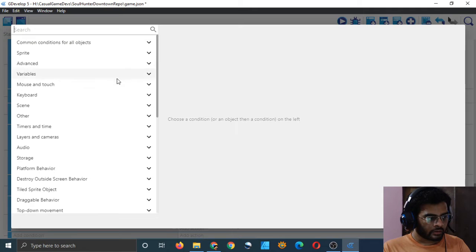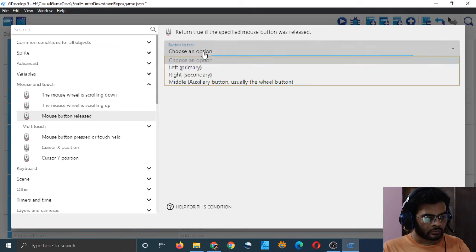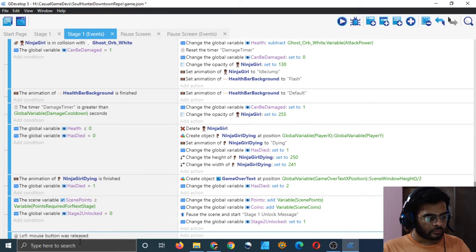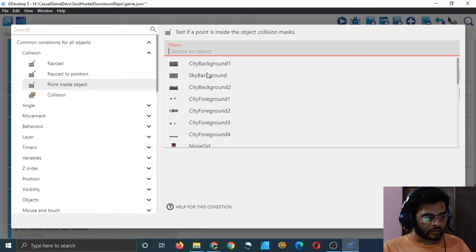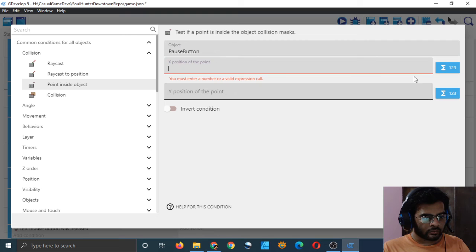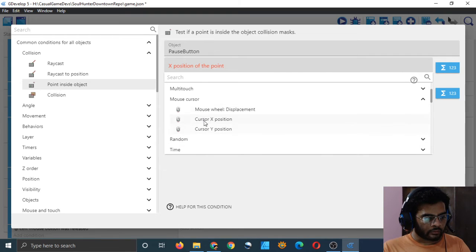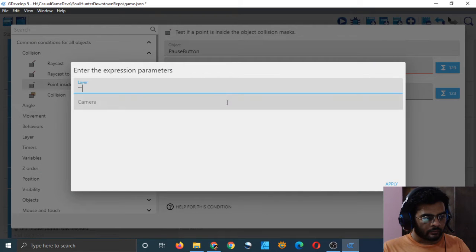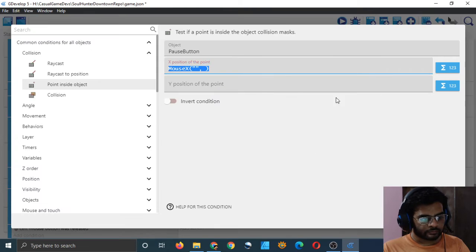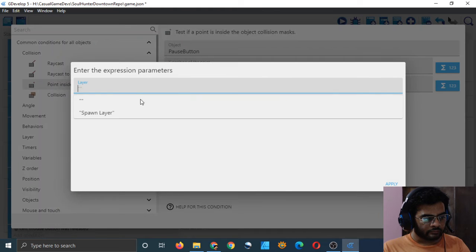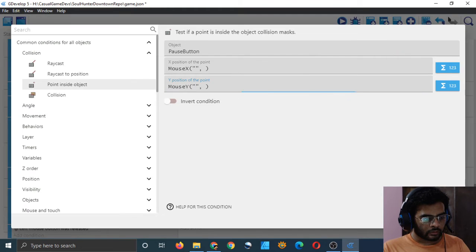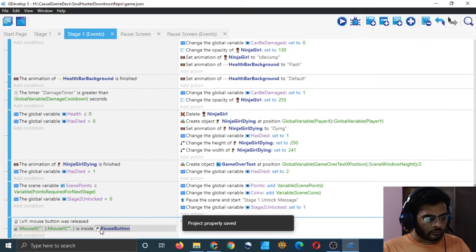Add condition, again mouse cursor, left button, and add condition if it was inside the object, which object, pause button, and the mouse cursor X position. Default layer, oh no, spawn layer, I believe default layer, and mouse cursor default layer, default camera. And what will happen?